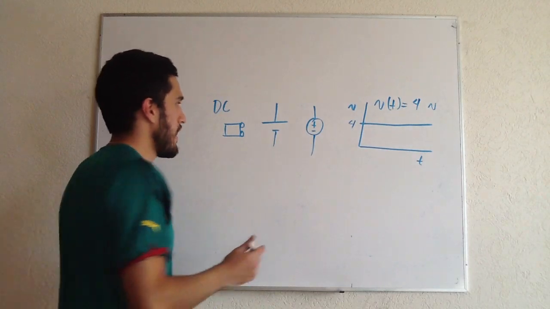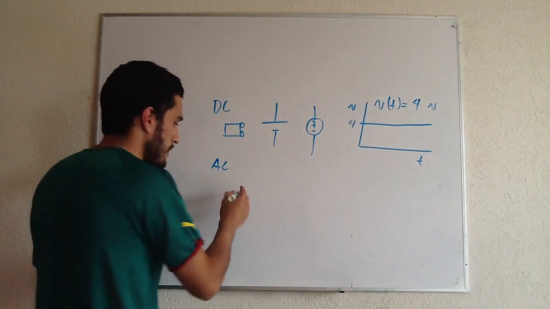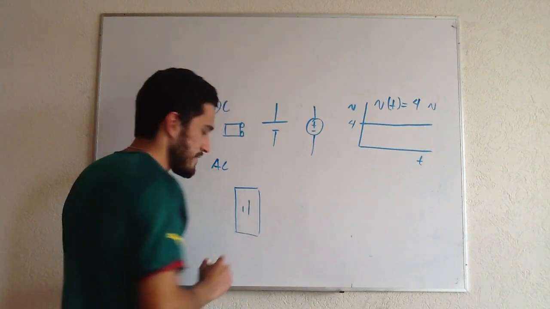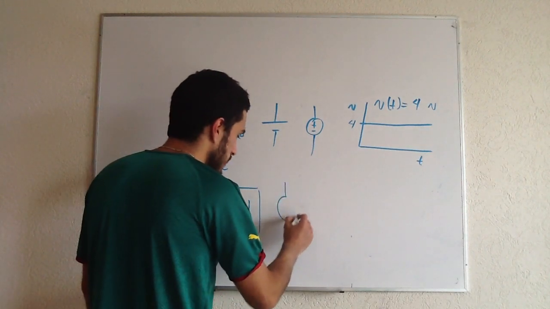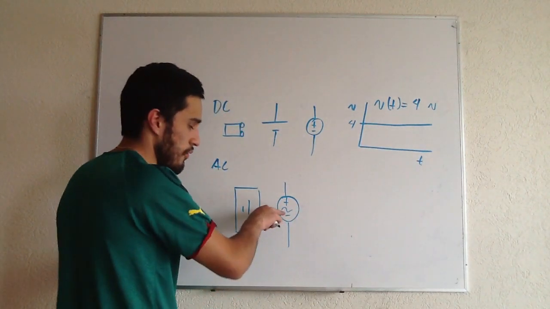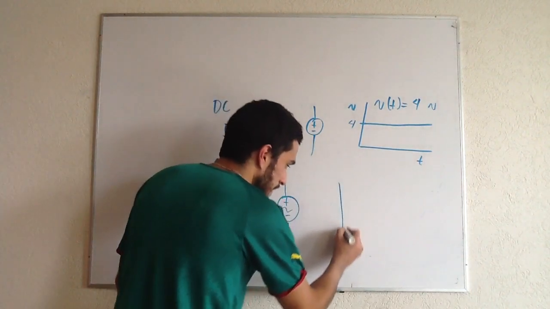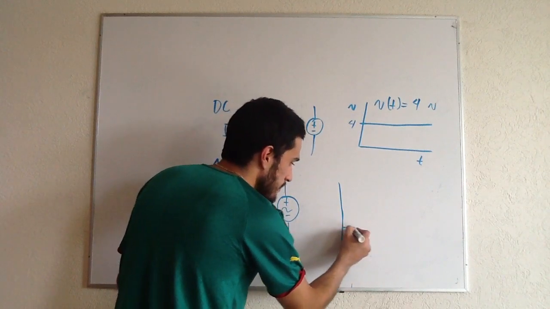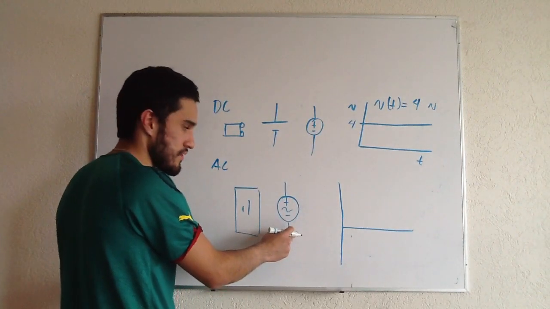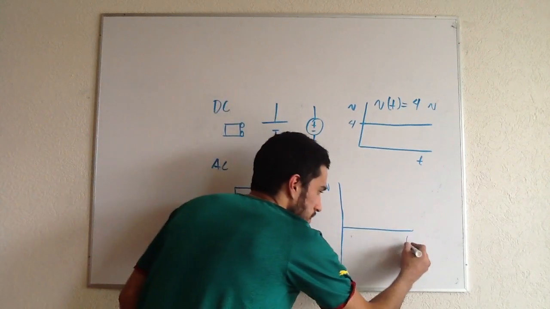Okay? So what happens on AC current? On AC current, the circuit will be fed by actually plugging them in on the power supply. Okay? So the representation of a voltage source in this case will have a little difference, that it will be a wave here between the minus and the plus. So the difference between this voltage source and this other voltage source will be that if again I graph voltage versus time,